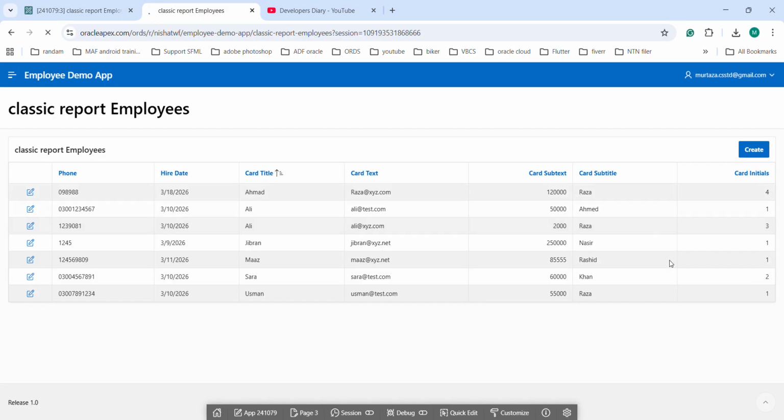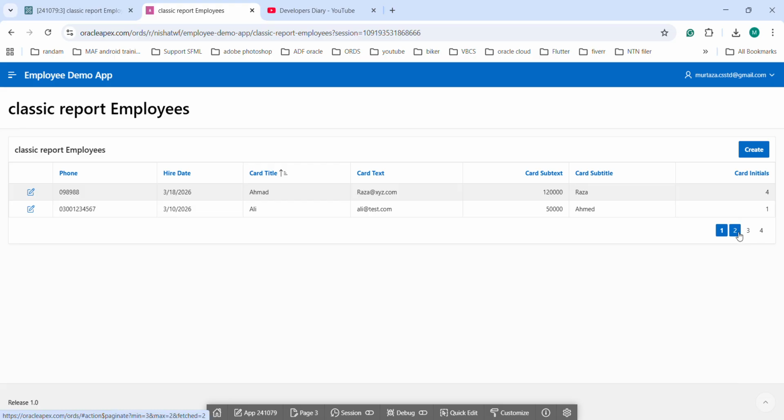Save and run the report. So here you can see all the pages for the navigation, and the pagination is showing right bottom of your classic report,